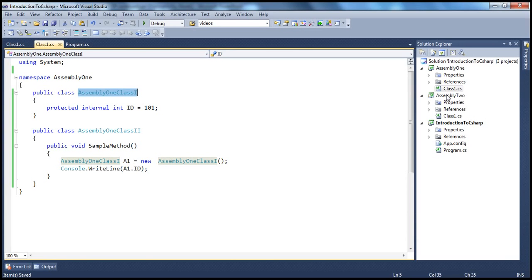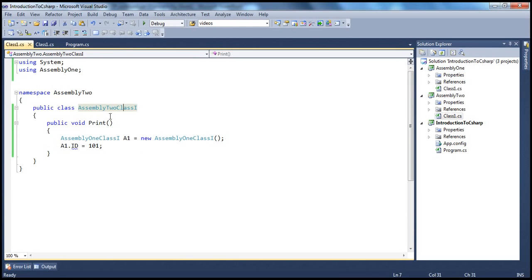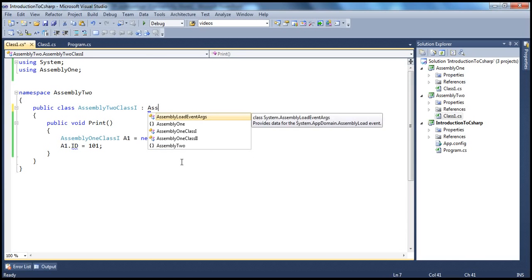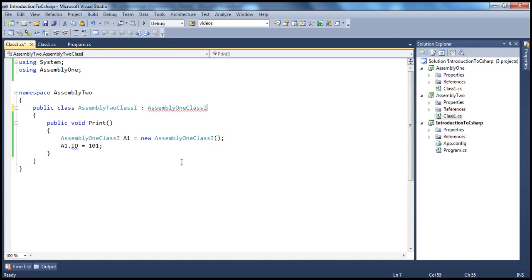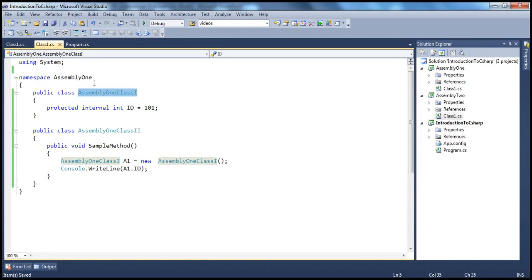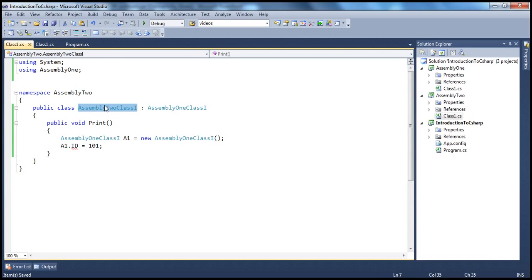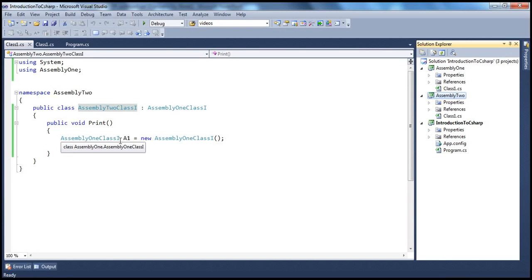So now I have Assembly2, another assembly. In this assembly I have this class. What I'm going to do is make it inherit from the Assembly1 class. Okay, now this class is inheriting from this class. So obviously, since this member is protected internal, it should also be available within this class, in spite of this class being present in another assembly. But then you can't access that on an instance of the Assembly1 class. The way to access that is you can simply say